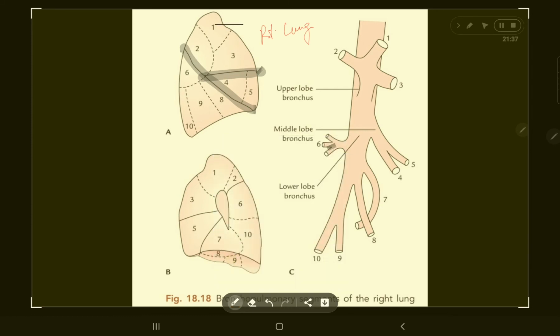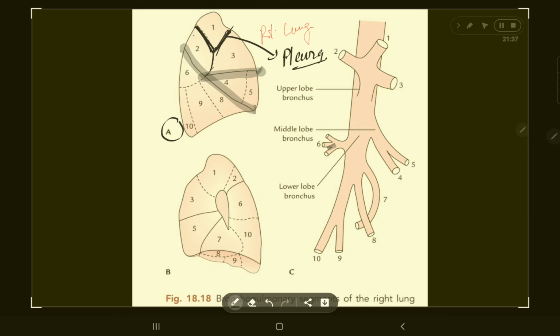And you can see one bronchopulmonary segment. What is this segment? Segment 1, you can see this segment 1. And what is this? This is nothing but the pleura, an invagination of pleura. Which pleura? The visceral or pulmonary pleura invaginates in here and forms the bronchopulmonary segments. I already showed you this diagram previously. This is segment 1, this is segment 2, this is segment 3.